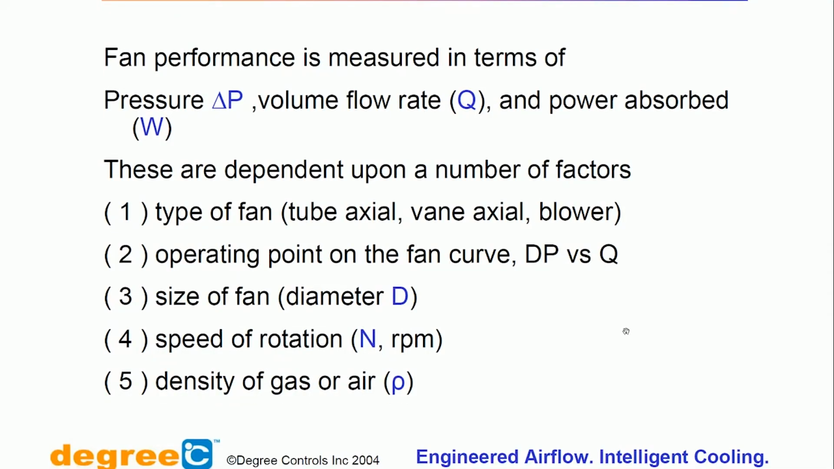type of fan, tube axial, vane axial, blower, operating point on the fan curve, size of fan diameter, speed of rotation, density of the gas or air. So, most of the time luckily we use normal whatever ambient air is there, but once in a while you may be forced to dry the air, or you may be using a chiller in front of it, by which marginally it changes things. So, we have the speed of rotation, faster obviously you get better flow rate, and then